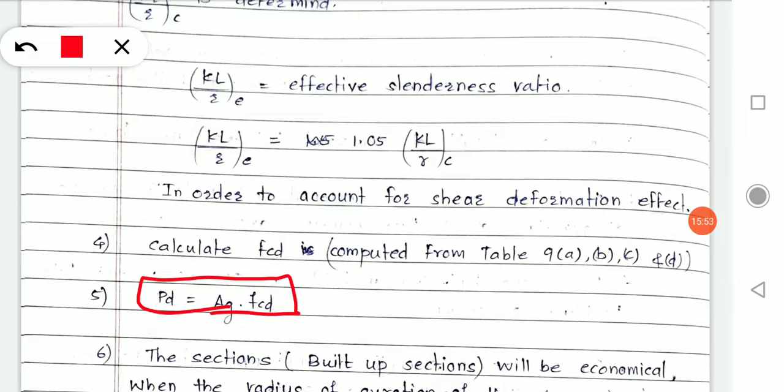We have used this many times previously. AG is the gross area of your section, and FCD is what we calculated with Table number 9, A, B, C and D, whichever is suitable, depending upon your slenderness ratio, right?